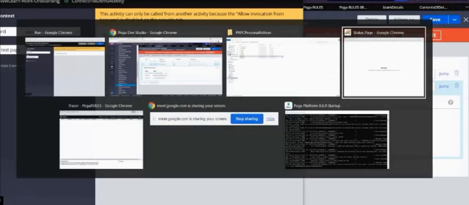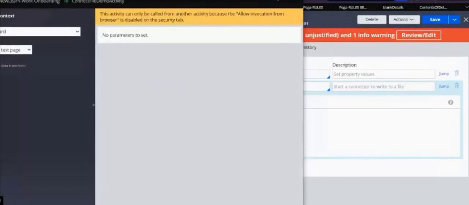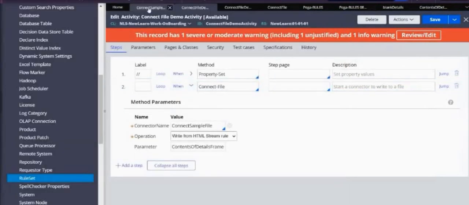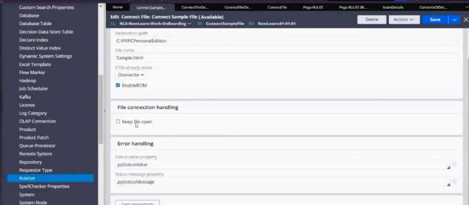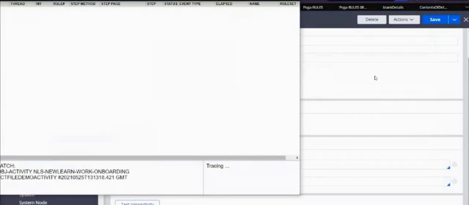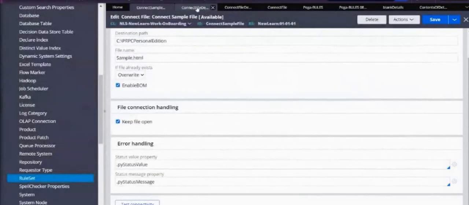I'm running this again. It's always success because there is no file open there, right? So now let's select keep file open and save this. Now you go and run your connect file activity.